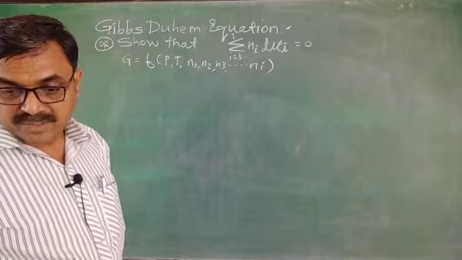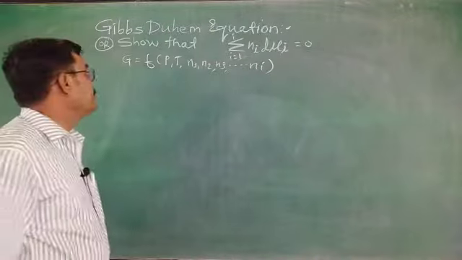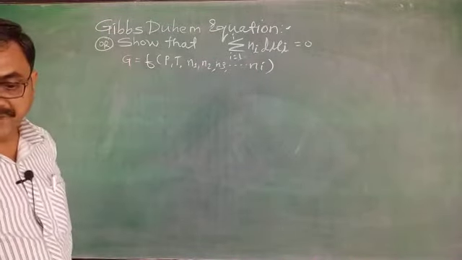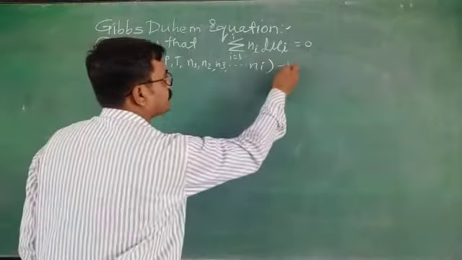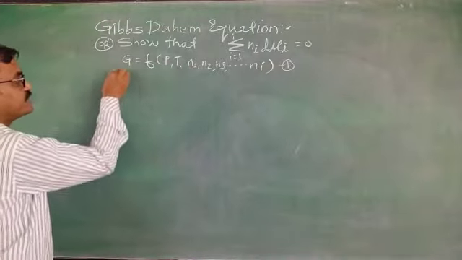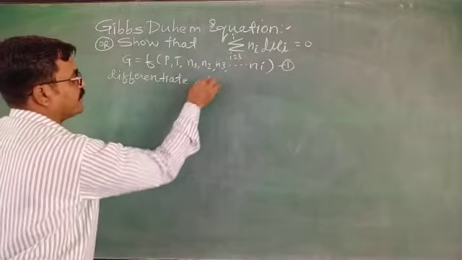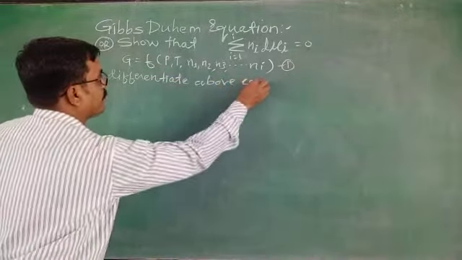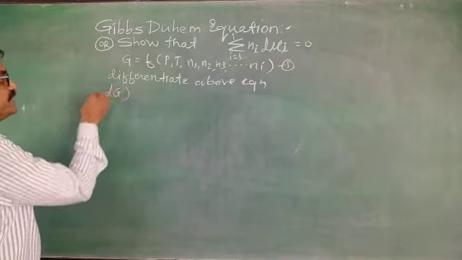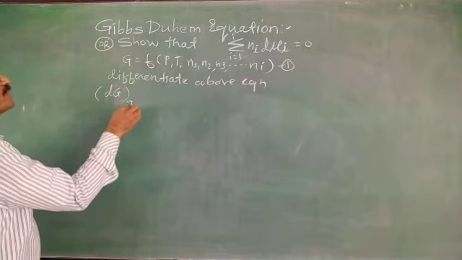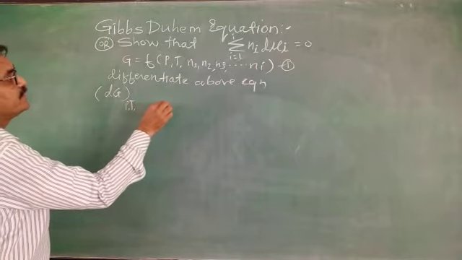Now if there is a change in any of the pressure, temperature or any constituent, then there will be a change in G. Now differentiate the above equation. Differentiating this, the differentiation of G is dG, at constant pressure, temperature and constituents N1, N2, N3, up to Ni, that is capital N,